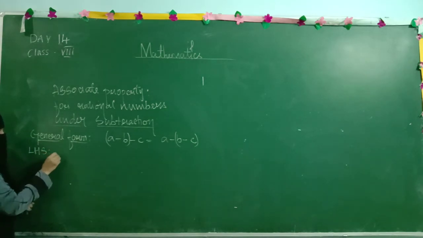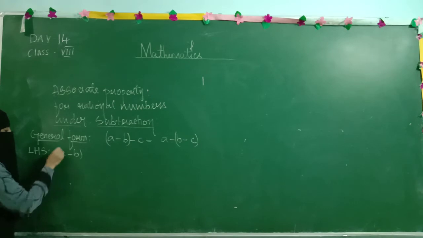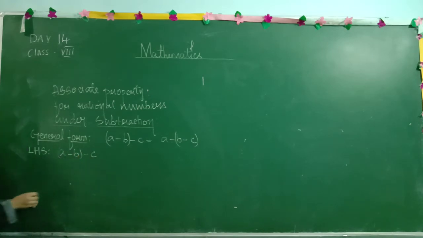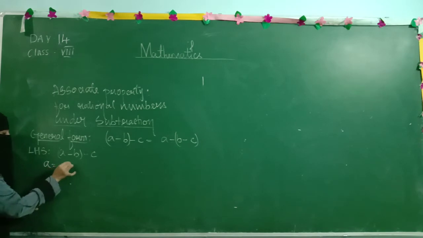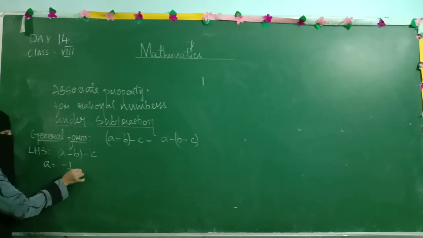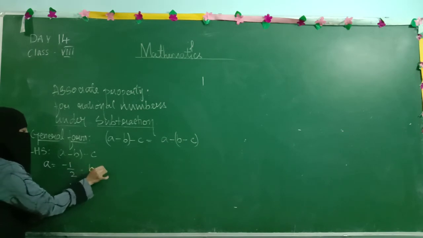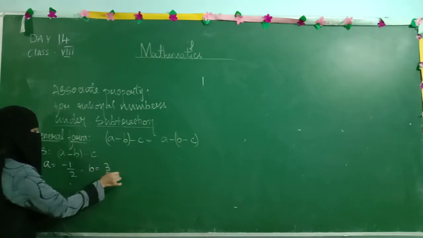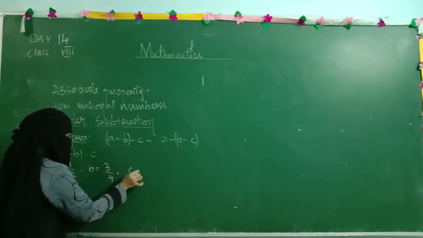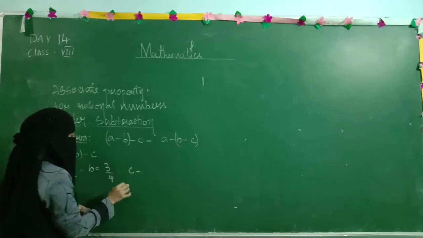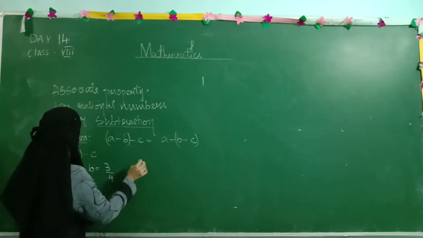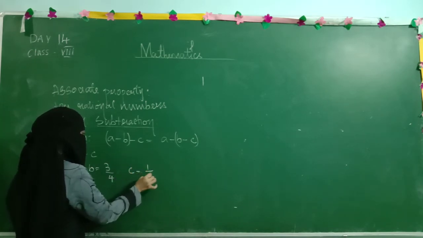So what is the condition given? A minus B minus C. Now here we have to choose rational numbers of our own. We know very well that rational numbers can be positive and can also be negative. Any numbers we can take. Okay, so let A be minus 1 over 2 and B be 3 over 4. C, what do you want to take? Any number you can, I said, no? Yes, we will take a simple one, 1 by 2.